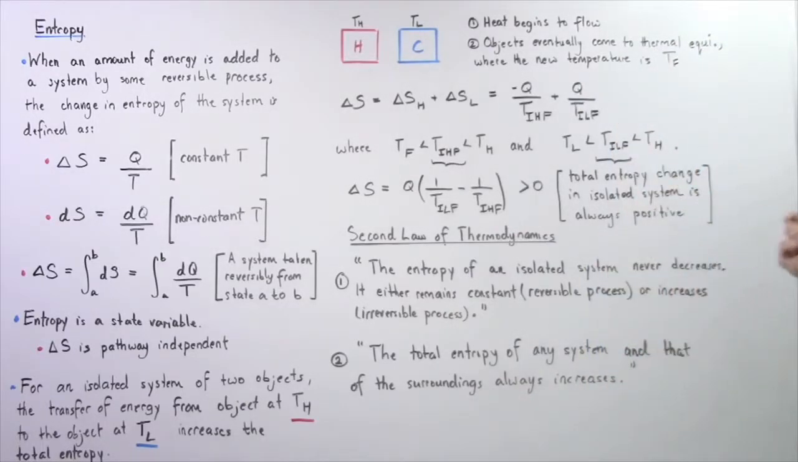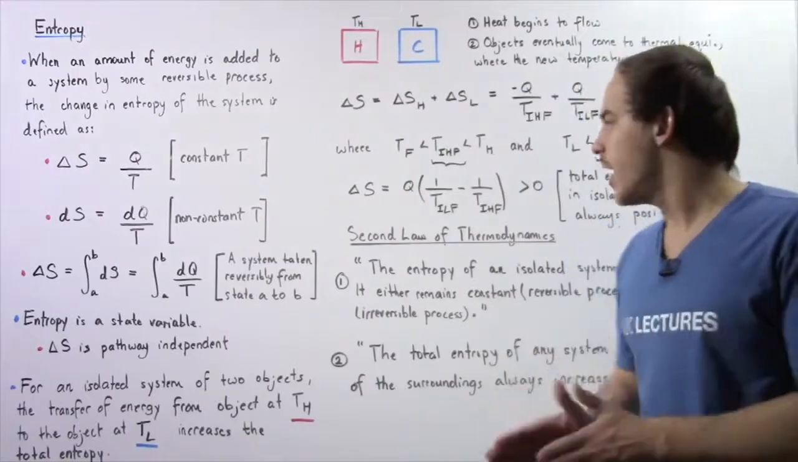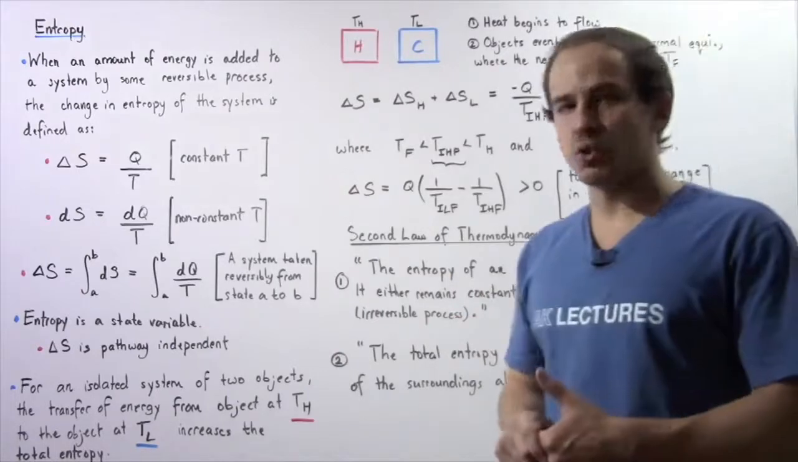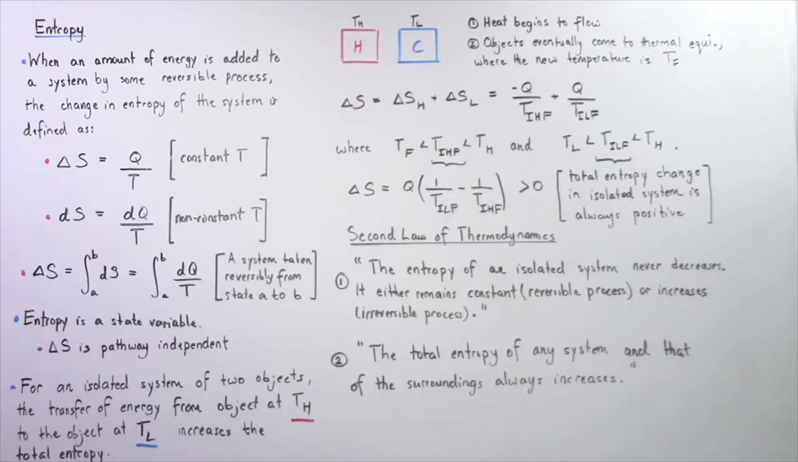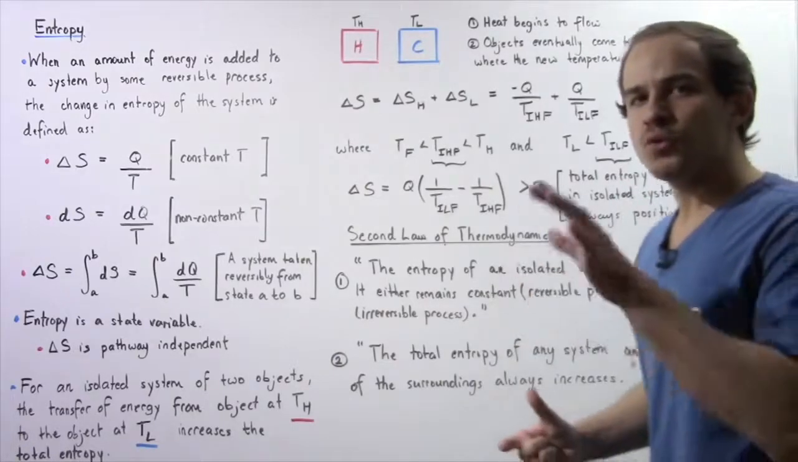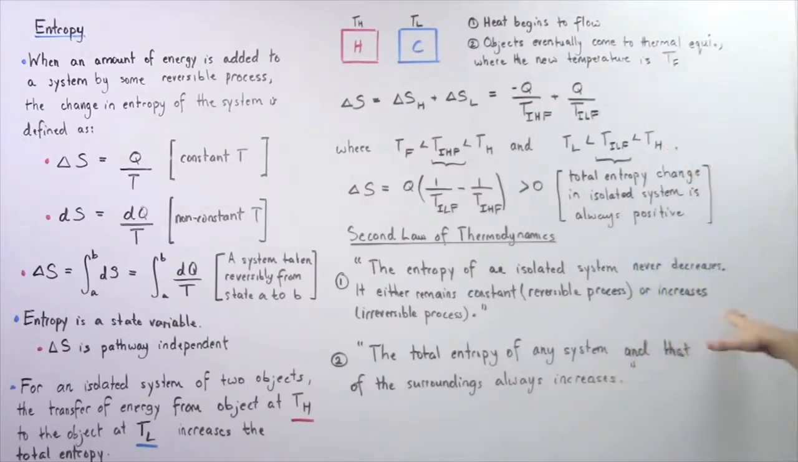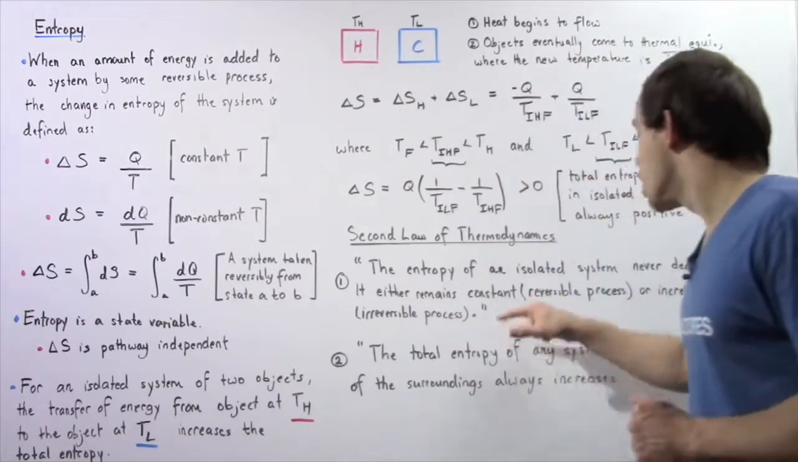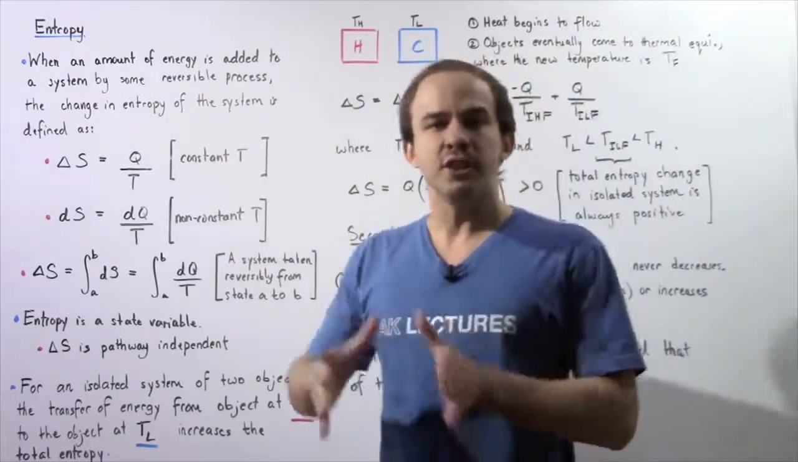So the total entropy change in any isolated system is always positive. And this leads directly into the general version of the second law of thermodynamics, which can be stated in one of two ways. The entropy of an isolated system never decreases. It either remains the same, and that is only true for reversible processes, or it increases, and this is true for irreversible processes. Now, because reversible processes don't actually exist, because they would take an infinite amount of time,